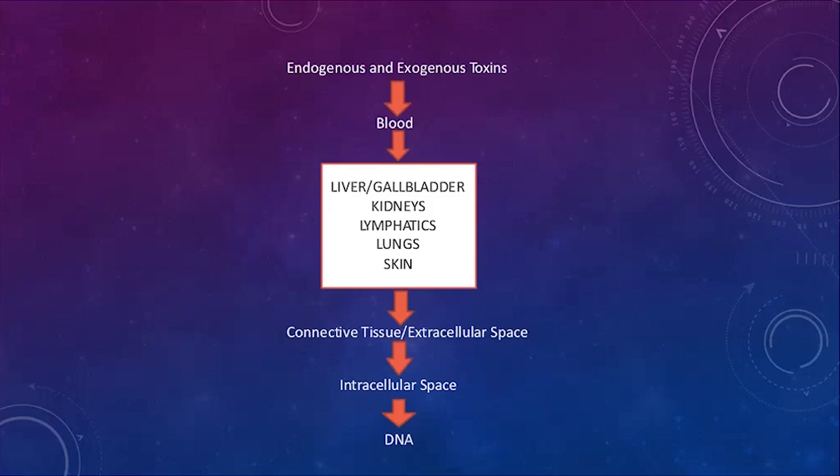Now, just talking about these toxins, so we have these different toxins, some that are coming from internal and external, and what happens is that they come in, they're entering the blood, and then we have these detoxification pathways. So you have your liver, your gallbladder, your kidneys, your lymphatic system, lungs, and skin. These are all your body's way of naturally moving these toxins out. And if they were working at their best, then they would move those toxins out. But if they're not working at their best, so say we